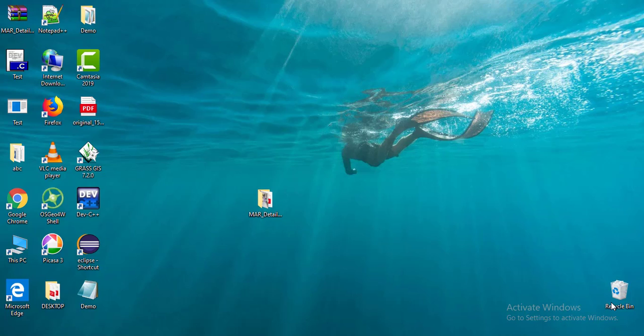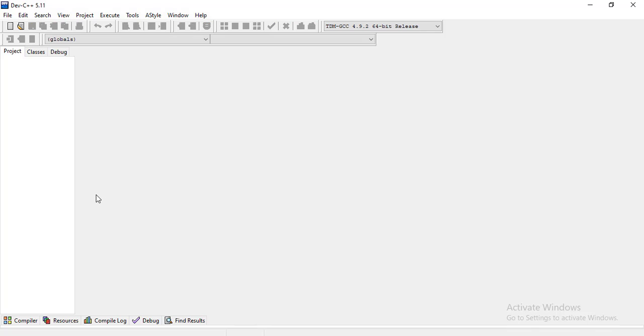Today I show you a simple example where we take two integer numbers and try to add them in C as well as Java. Here I am opening Dev C++ and writing a simple C language code.